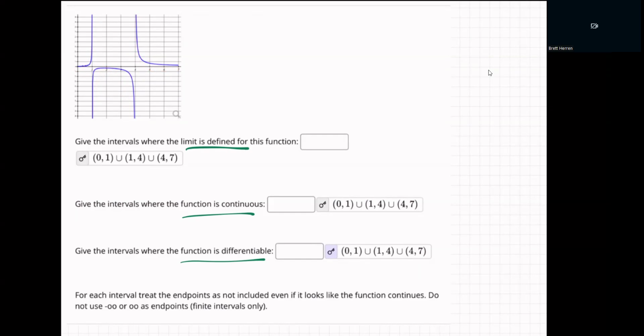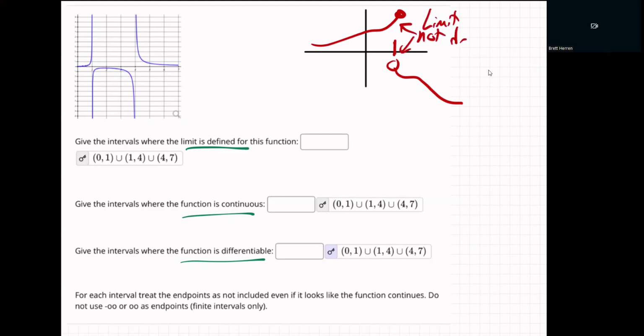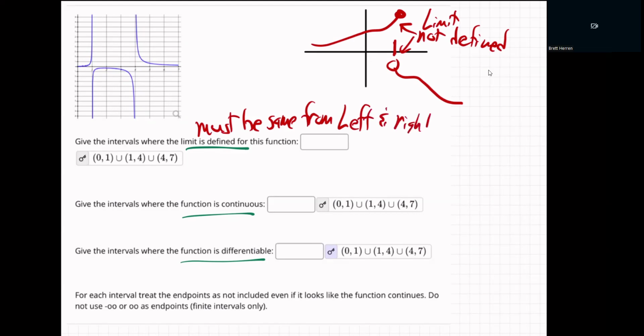First off, what does it mean for a limit to be defined? Well, let me show you what it means to not be defined. Do you remember, if a graph goes up here like this, solid dot, then down like that, then right there at that point, the limit is not defined, because it must be the same from the left and the right. Remember, that's the big deal. From the right and the left, it has to be going to the same height